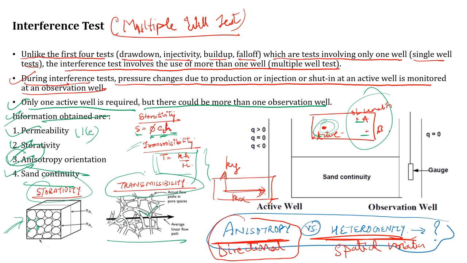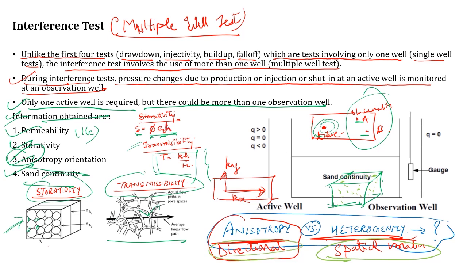So that's anisotropy. Now coming to heterogeneity, let's say I have a cube over here. Let's say I have a 3D reservoir. Then heterogeneity means that at each and every point, that is in the spatial variation, I can have a variation in my rock property. That means at this point my rock property will be different, at this point my rock property will be different, and at this point my rock property will be different. Okay, so that's the basic difference between heterogeneity and anisotropy.